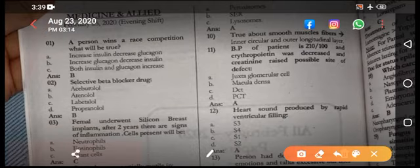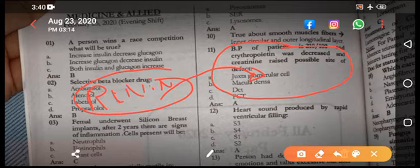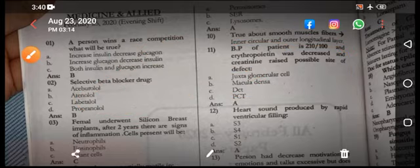Now this MCQ, the CPSP wants to check your mind on where the renin is secreted from. So if there is a renin secreting tumor of the juxtaglomerular cell, what will happen? It will cause hypertension, it will cause renal failure, it will cause decreased erythropoietin. So the juxtaglomerular cell is the right answer. Now the heart sound